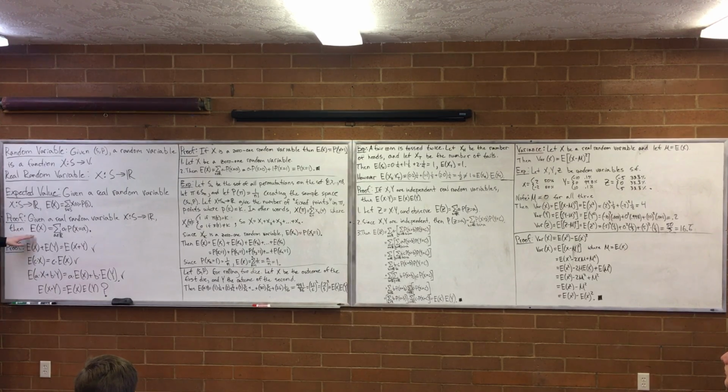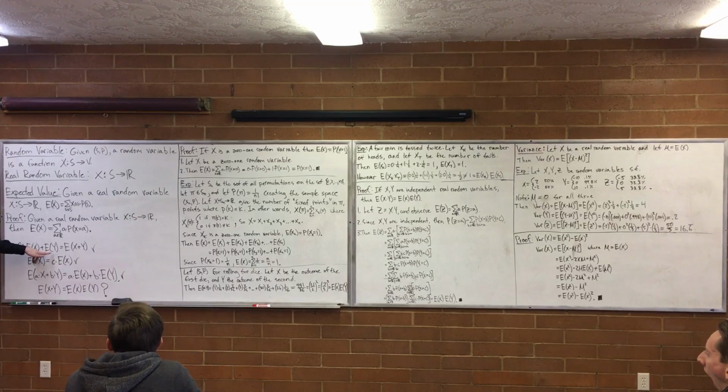Okay. And then we did this proof. We proved that the sum of the expected values is equal to the expected value of the sum. X and Y are real value random variables here. Sorry, I didn't specify that, but